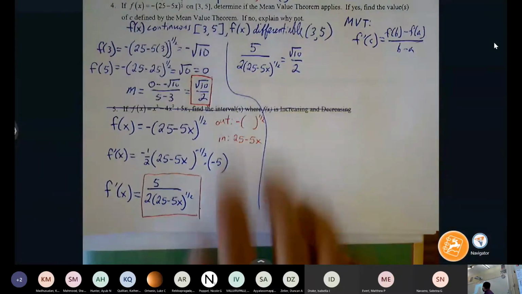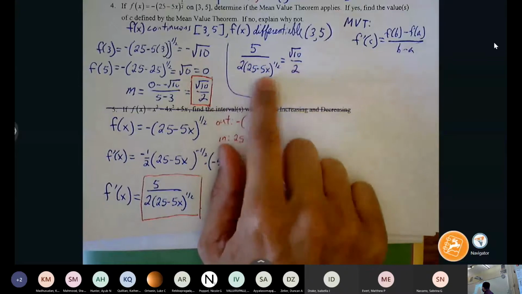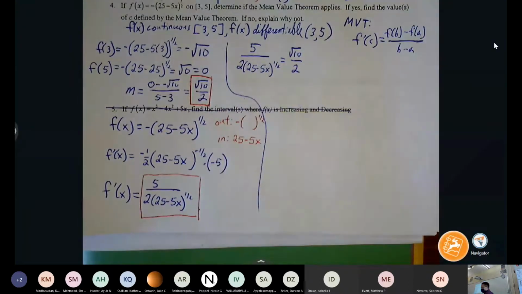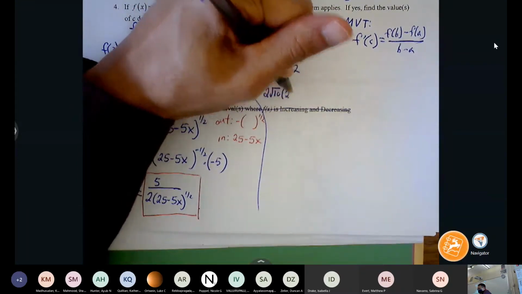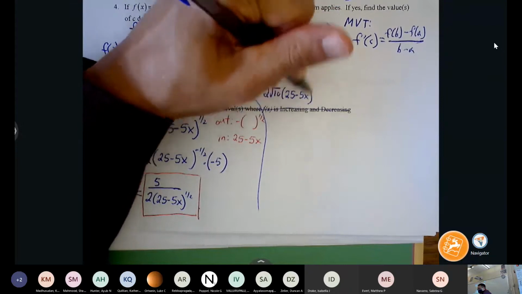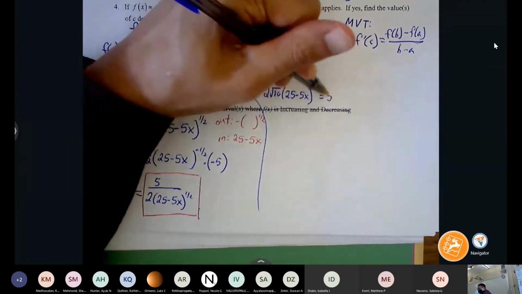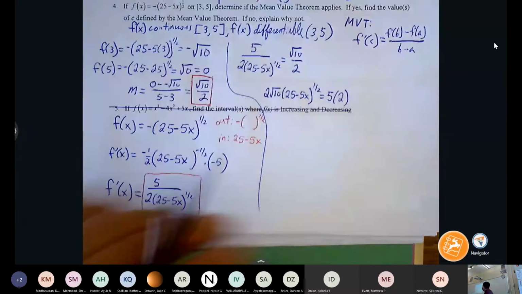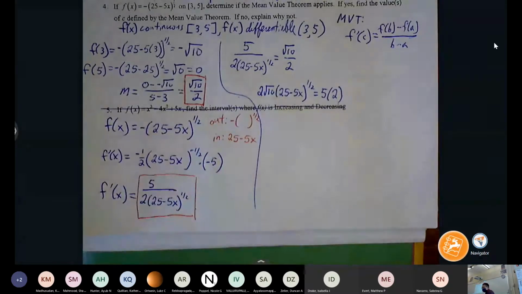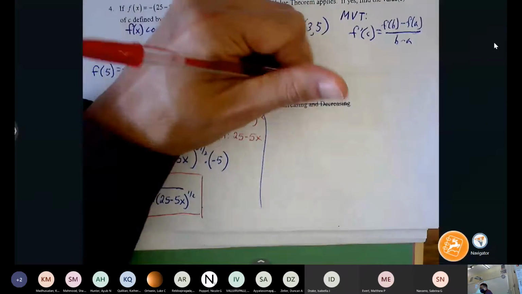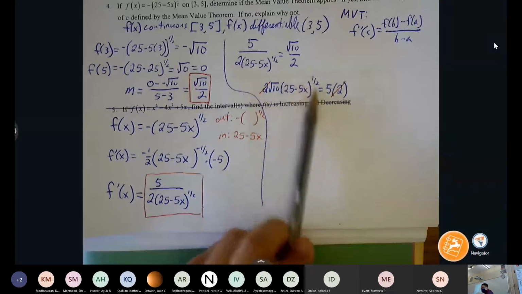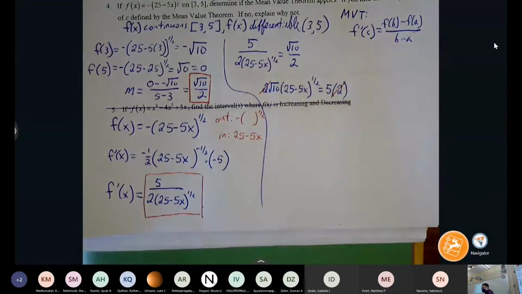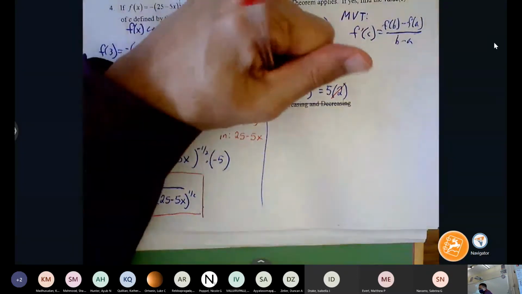And now what we have left is just an algebraic problem, right? We're going to cross multiply and just try to figure out a way to solve for x. We get the 2's to cancel out. I can divide the root 10 over. My goal is to solve for x. I'm going to get this parentheses by itself first, then I can deal with the 1/2, and then I can get inside the parentheses, and then I can solve for x. So if I divide both sides by root 10,